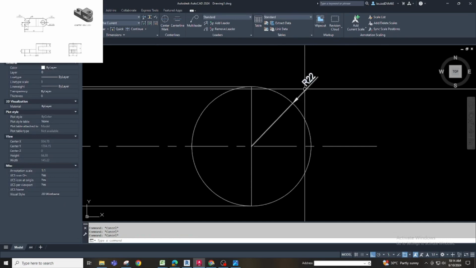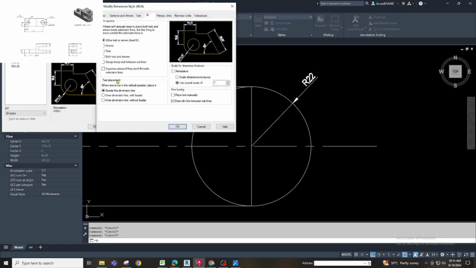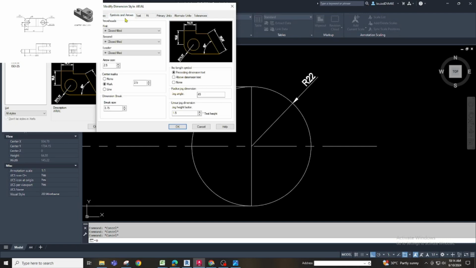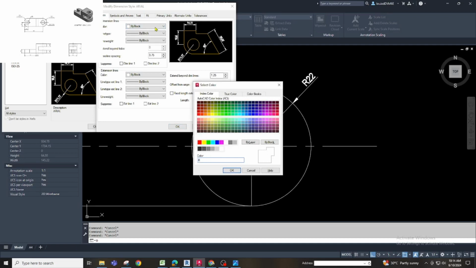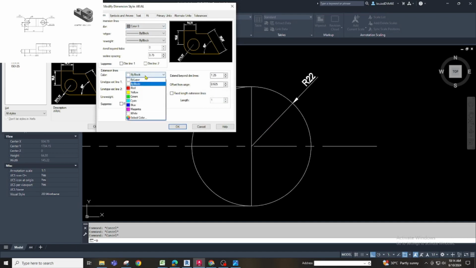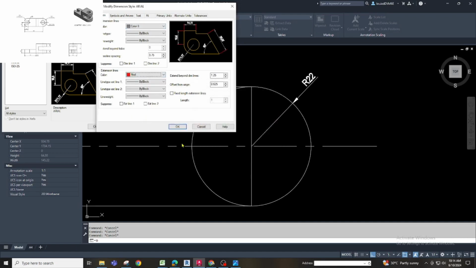So you can also change the color of this dimension line by simply clicking D for dimension style manager. Then we will choose color of the lines. We will choose maybe 8, or gray one, or a red if you want.